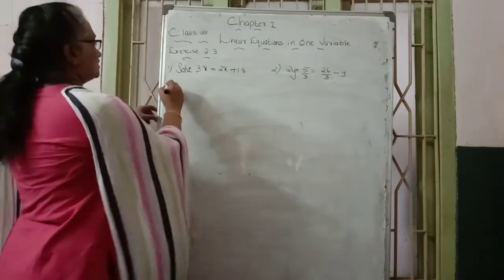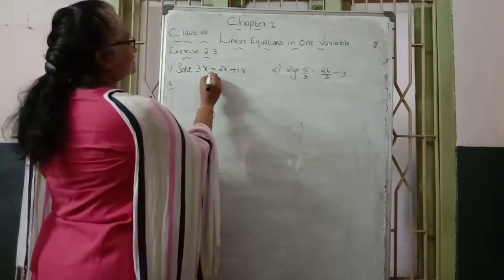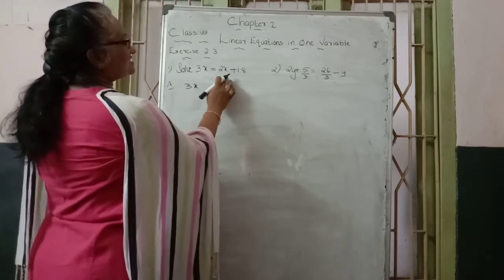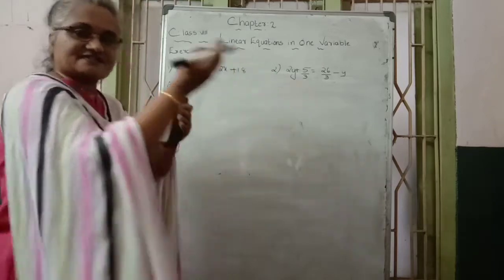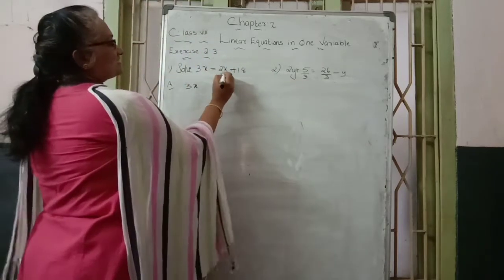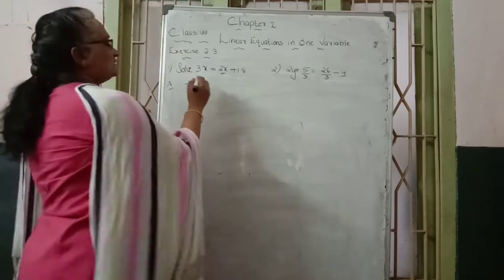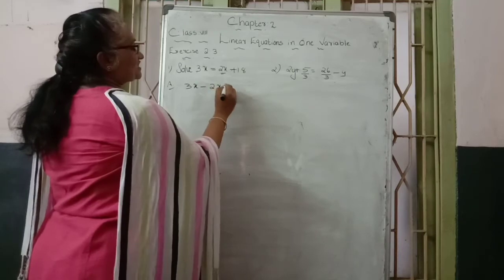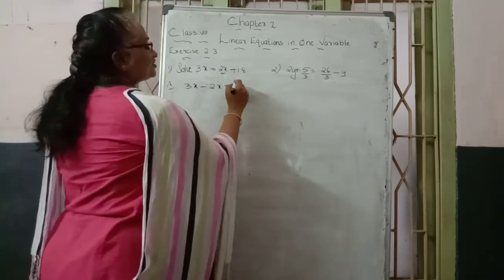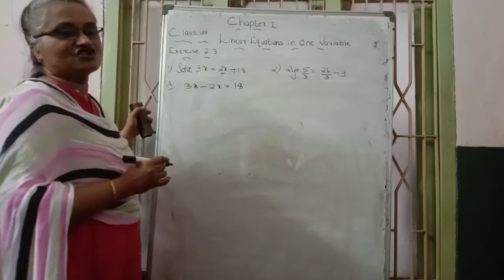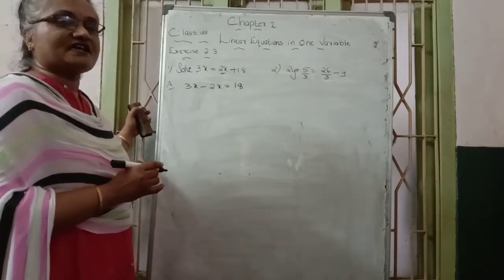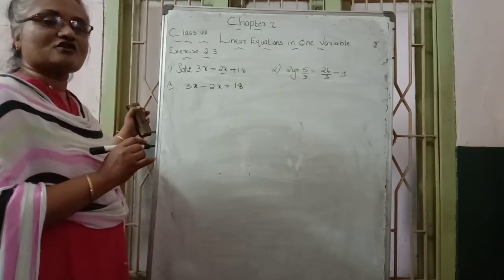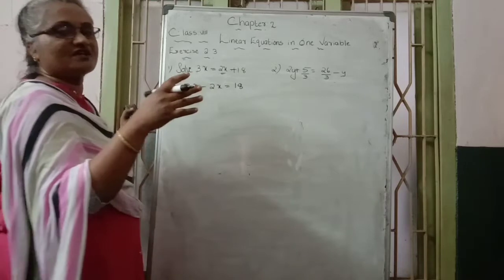Easy, you read that. So first question: solve 3x = 2x + 18. Here the left side has an x term and the right side also has an x term. Bring the x term to the left side. Here the right side 2x is the like term, so bring it to the left side, and the sign changes: plus 2x goes to the left side and becomes minus 2x. Which number is on the right side? 18 is a constant, meaning a number carrying no variable terms. Here 18 has no variable terms, that's why.